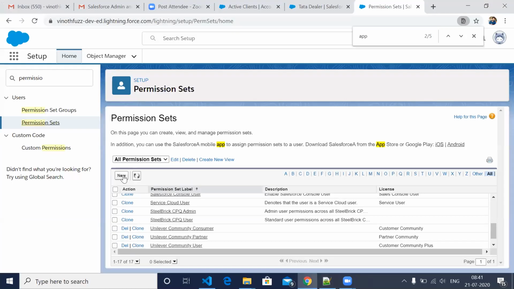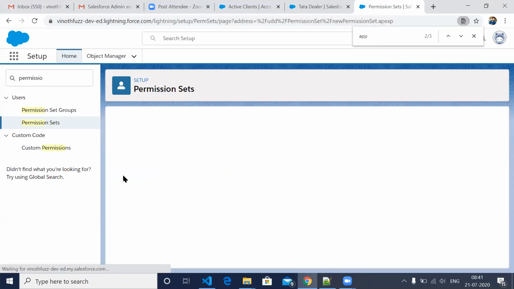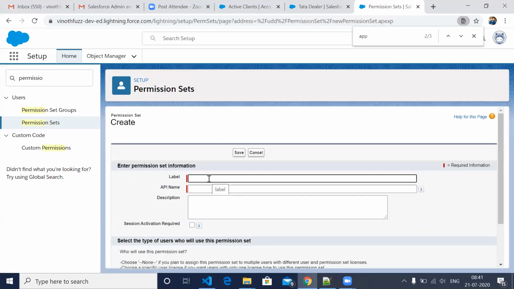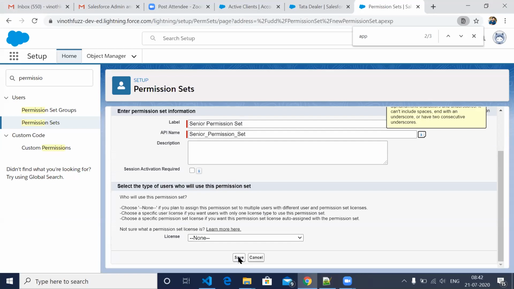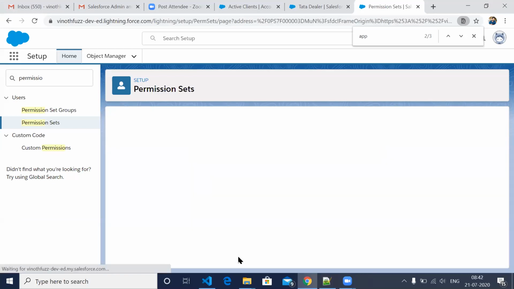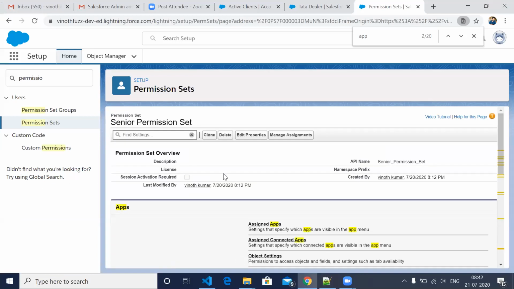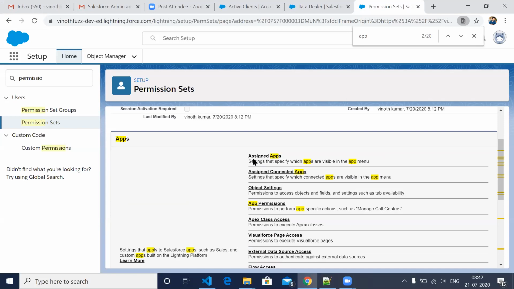So here you have permission set, you can create one permission set like senior permission set. So here it looks the same as a profile. Here you can see the same application, object settings and everything.